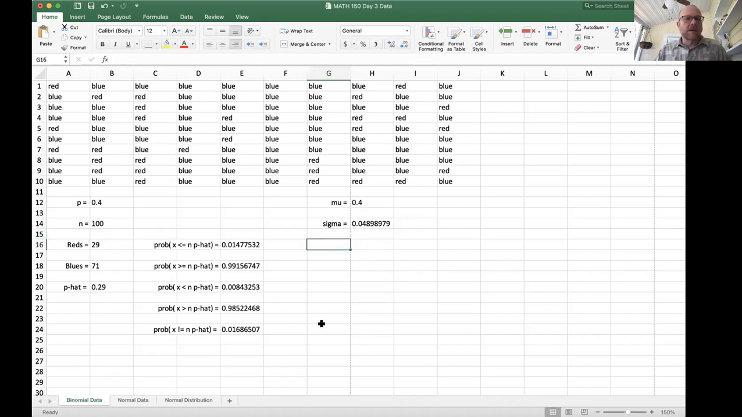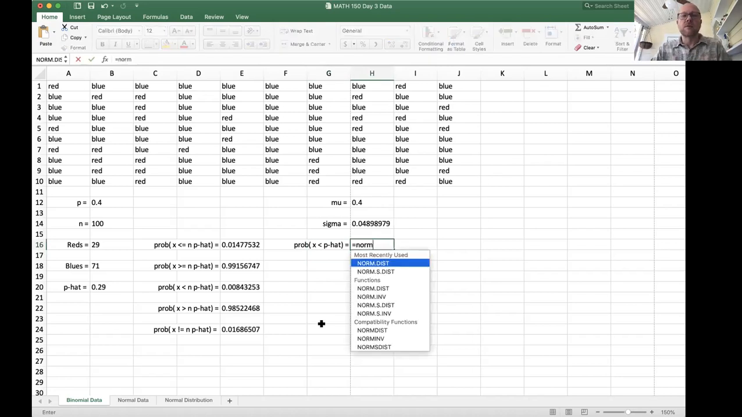So coming along here, I'm going to actually type in the probability that p hat is, that probability that we would get an x that's less than the p hat is equal to this. Okay. So now the normal distribution